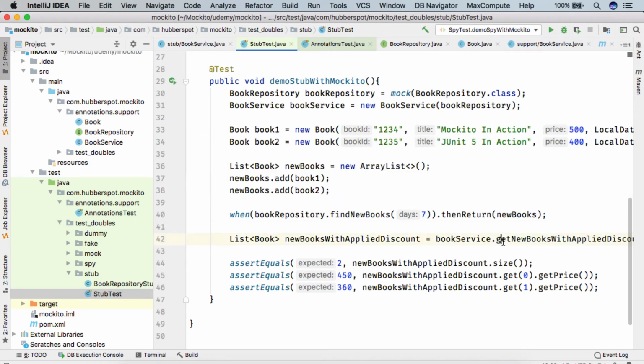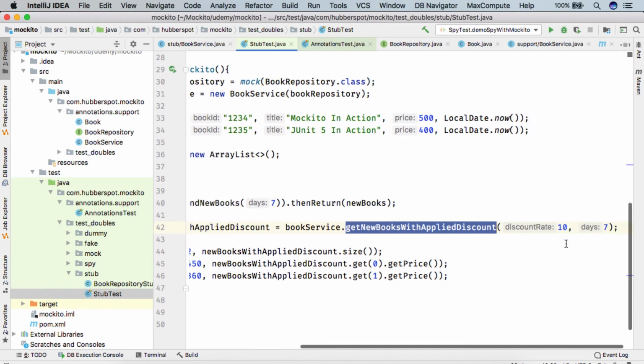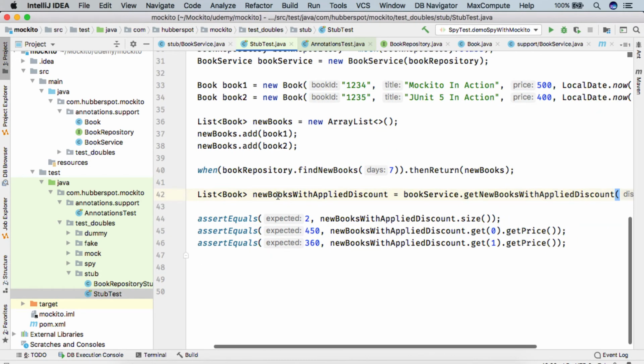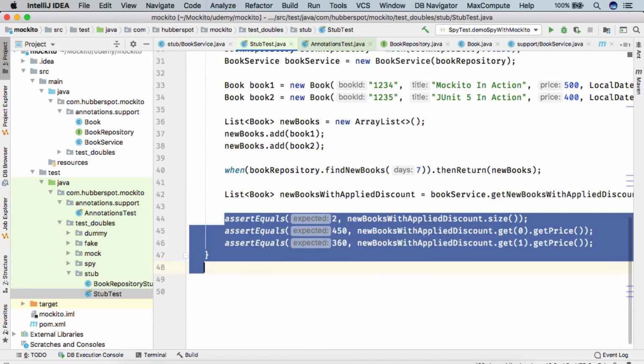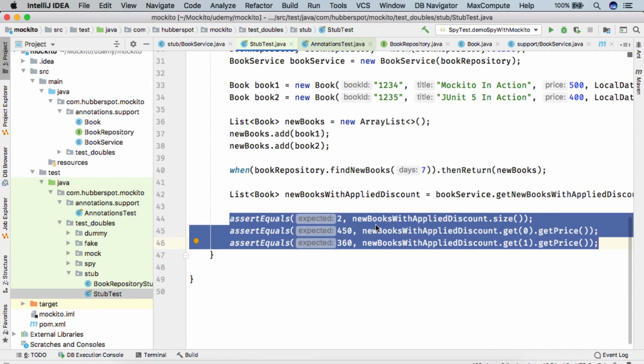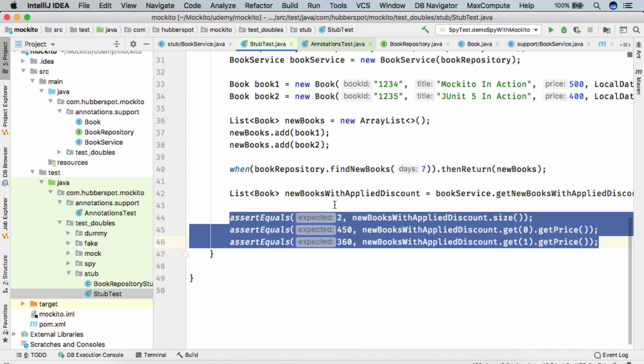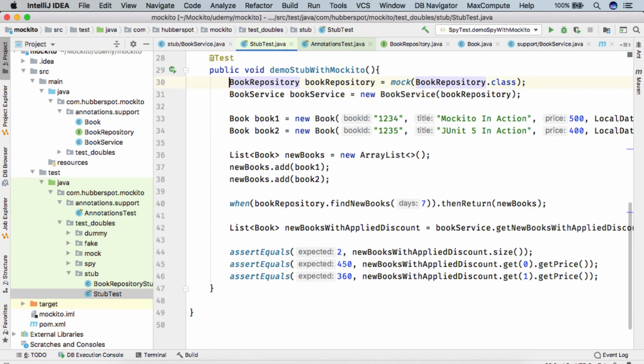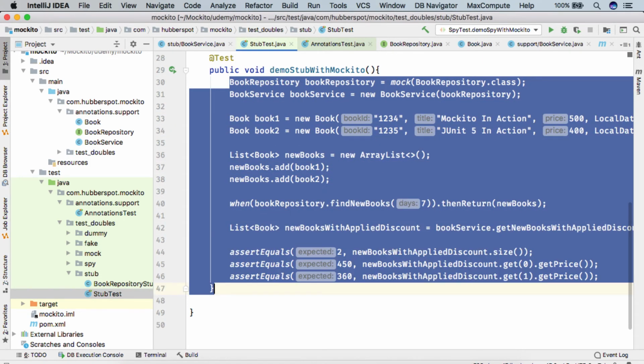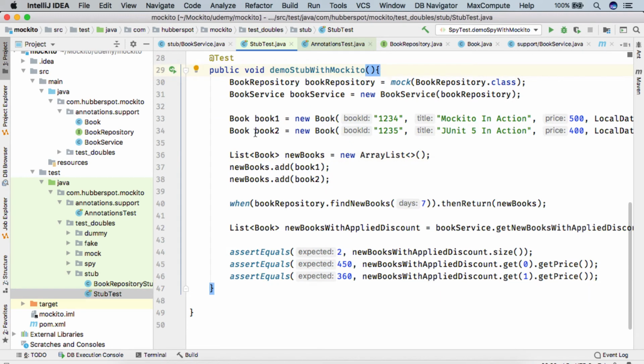And when we call BookService getNewBooksWithAppliedDiscount by providing the discount rate as 10 and 7, it returned us back the new books with applied discount. In the last step we provided the asserts and verified, using assertEquals, that the new discount was applied on the books. So friends, I will simply copy this test, and if you want to learn more about what we did here, you can watch my previous lectures.